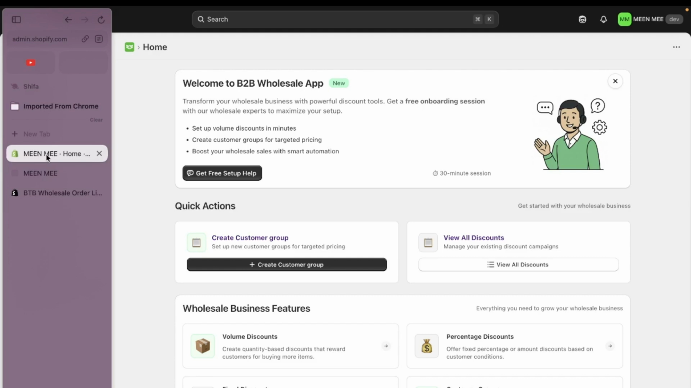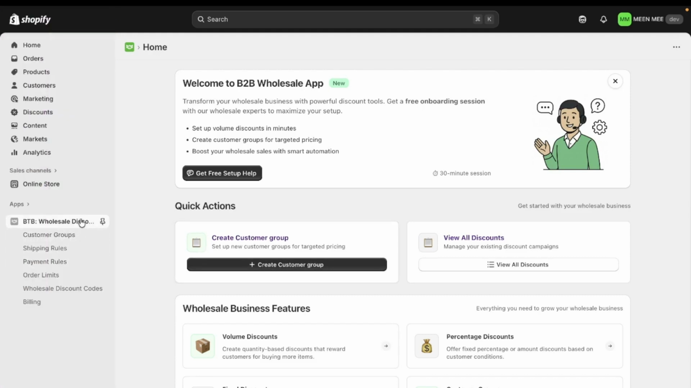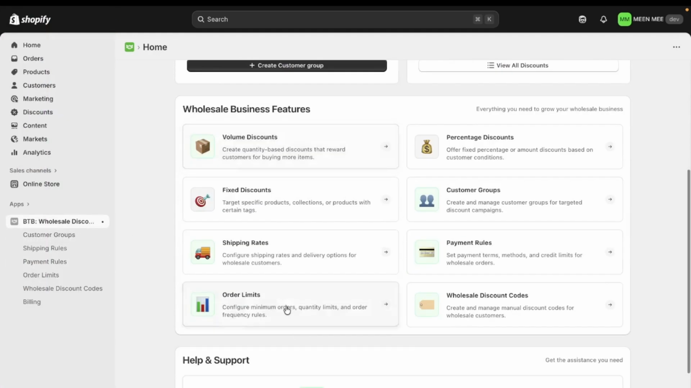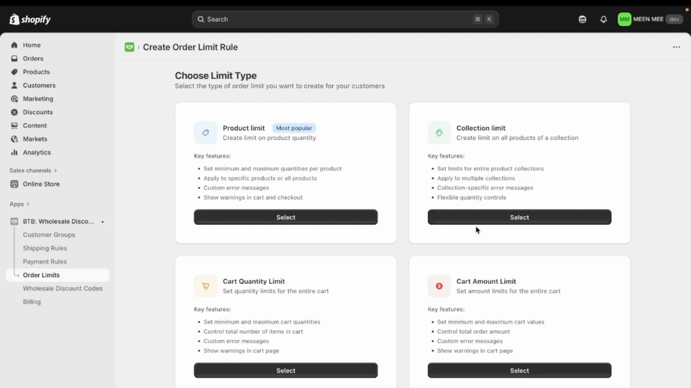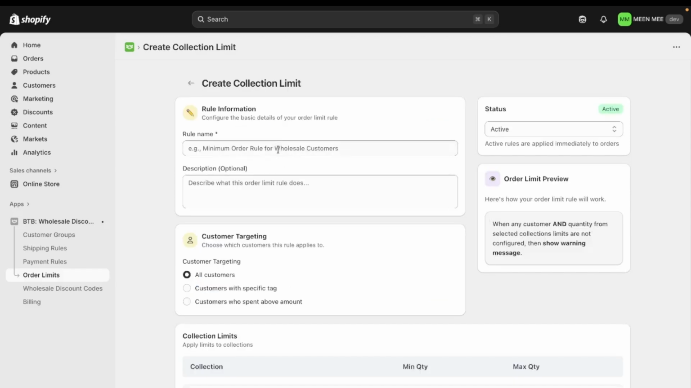After installing it, open the app from the Shopify admin panel and click on Order Limits. Now go for Create New Rule and select Collection Limit. Since we are limiting the products as a collection, we can select the second option. Now you can just name your rule, like let's say